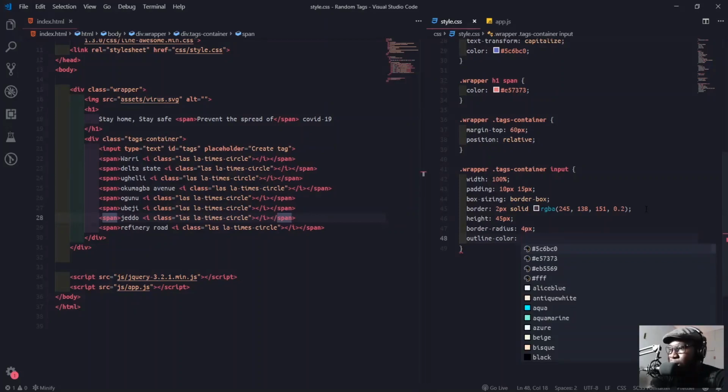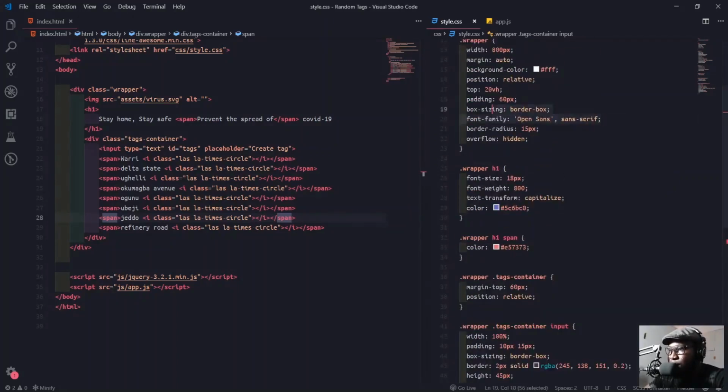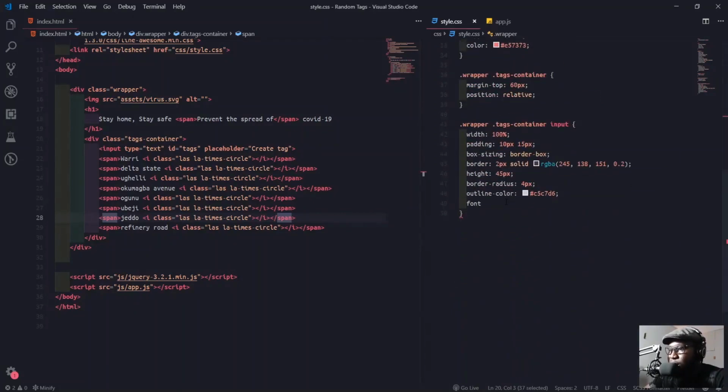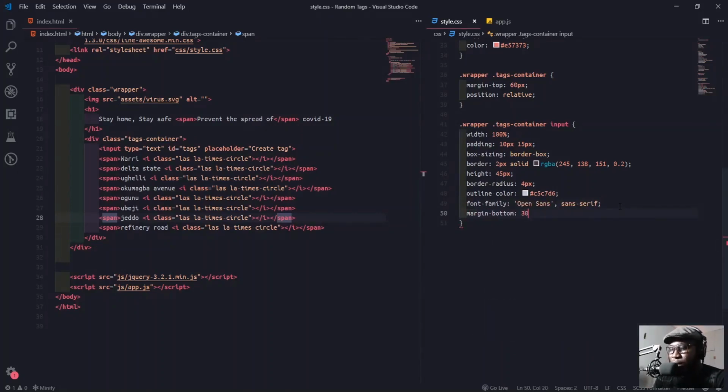So the color will be C5C7D6. Okay. Then font family, mark up this one here. At least one with the type makes things fine now. The margin bottom will be 30 pixels.